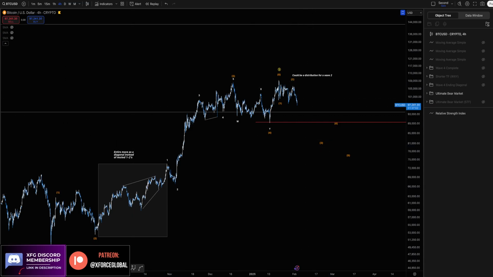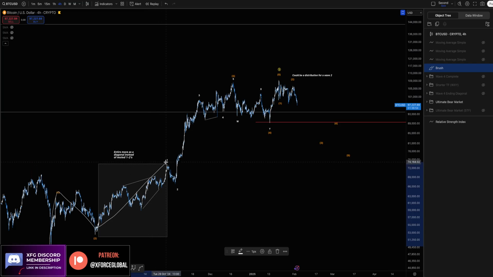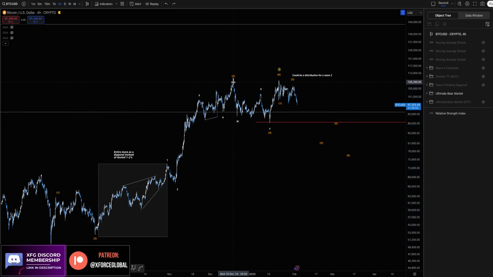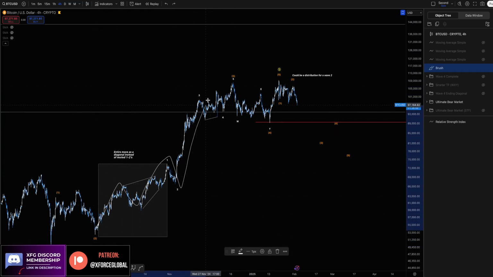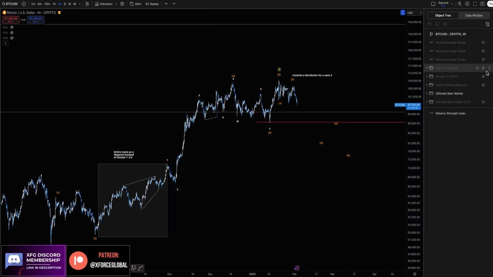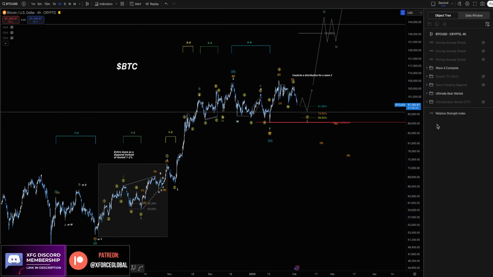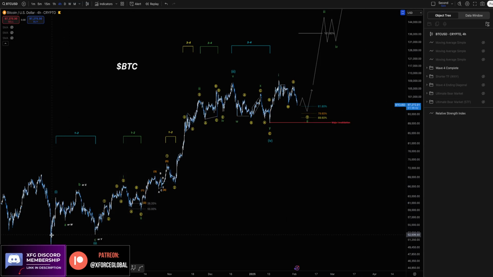So the way that I have it counted right now is that we're going to see this as a wave 1, 2. Nothing has changed there. This is going into a leading diagonal wave 1, 2, and then 3, 4, 5 that has now completed, instead of having these as nested 1, 2 structures. So as you have seen from the first scenario, where we have a series of 1, 2s,